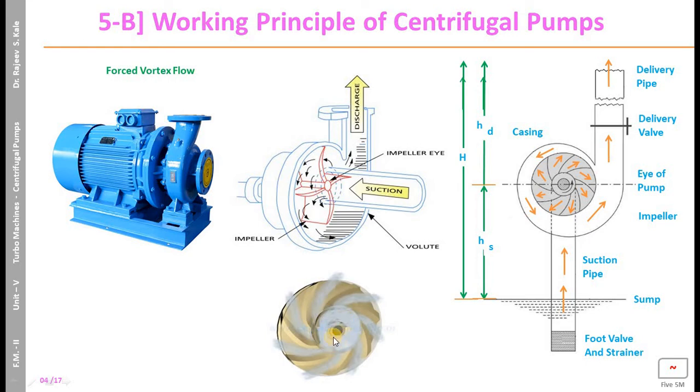So like this, water enters at the eye of the impeller, and by the centrifugal action it will move radially. So high pressure is created and the result is an increase in the required lift of water. So this is the working principle of a centrifugal pump. We will take all these things in detail. This is just an introduction about the centrifugal pump. So this rise in pressure head is proportional to the tangential velocity, or indirectly ω²r².